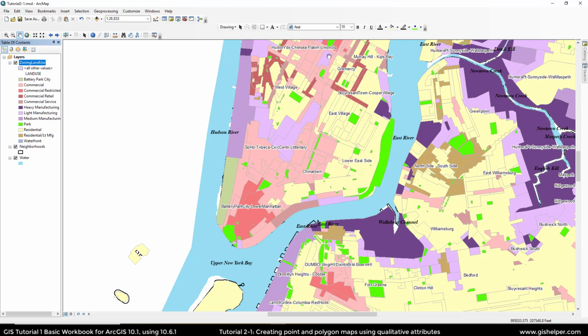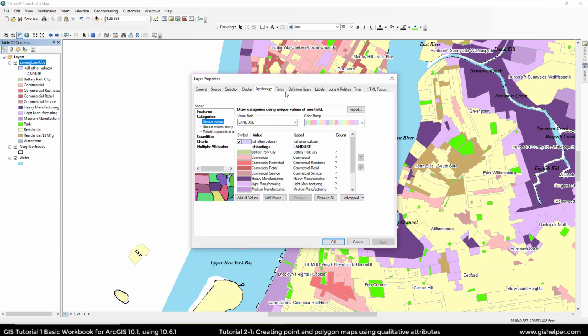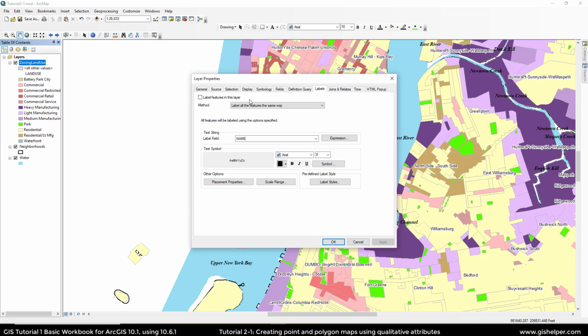We're going to go back into the properties for zoning land use, and we're going to the labels tab. We're going to check it, and we're going to change the label field from name to zone. We're going to change the size from 8 to 6. We're going to give it a color of 60% gray